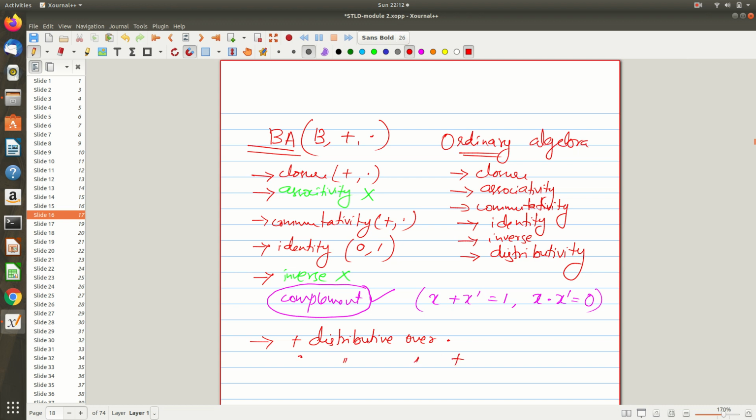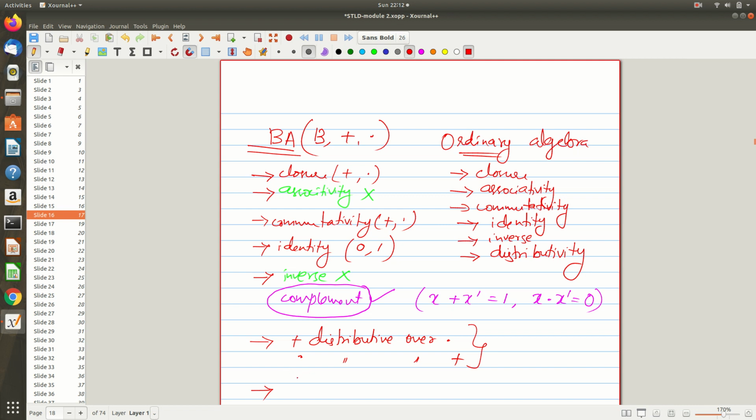We need both, right? And here you can observe that both of them do not hold in ordinary algebra. This is something I have given you as an exercise, you can think about it. If you take the set of all real numbers with normal addition and multiplication as the operations, can you verify whether addition is distributive over multiplication, or the other way around, whether both of them hold or not? You can check that yourself. Maybe I will explain it in the subsequent slides also, but still you can think about it.